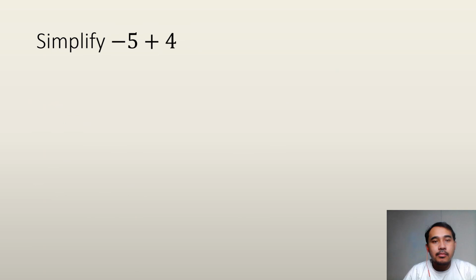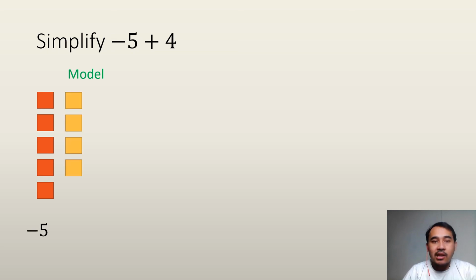Let's have another example, -5 plus 4. Different signs, so you need to deduct. In modeling, this is how it happens. You have 5 orange tiles, that will be -5, and then 4 yellow tiles, that will be 4. Now, removing the pairs of orange and yellow, 1, 2, 3, and 4, what is left would be the answer, which